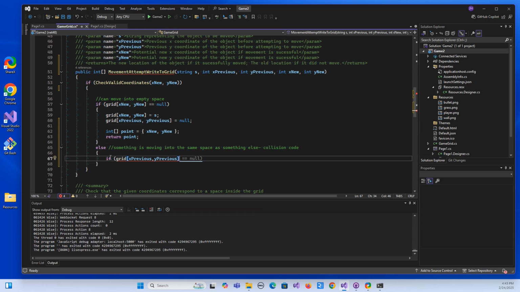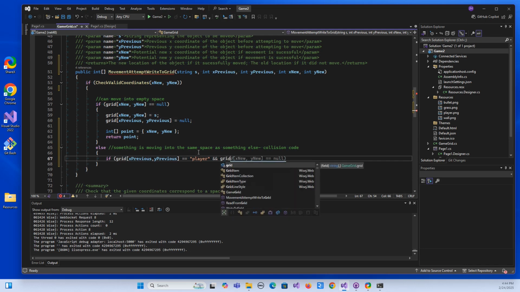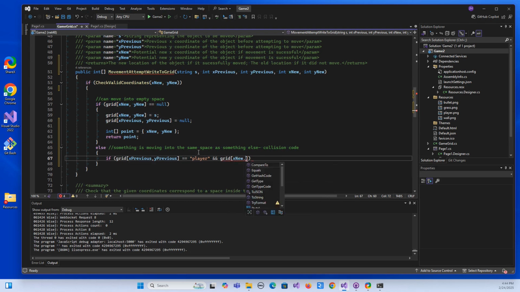At the initial position, and then we're getting the object in the grid at that initial position, right? So if that initial thing is a player, and the new thing, so the thing at the grid in the new position, so grid x new, y new, oh, it auto-corrected to null. So if the thing in the new position is a wall,